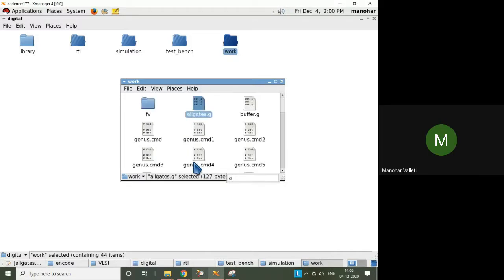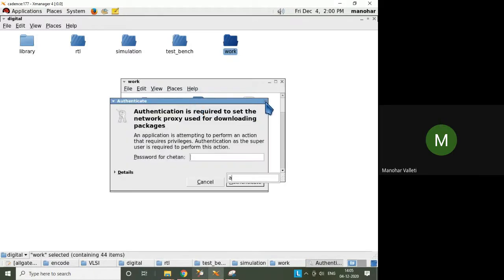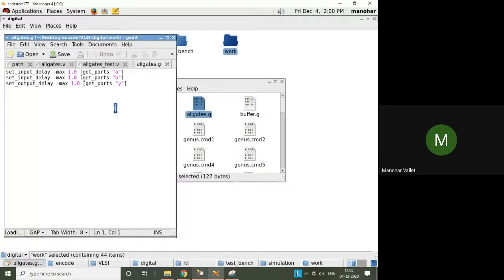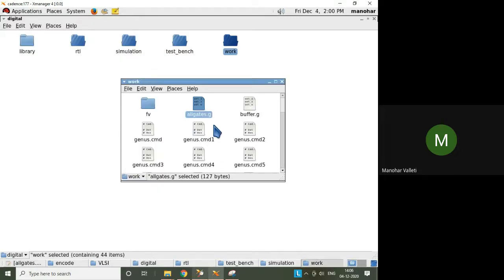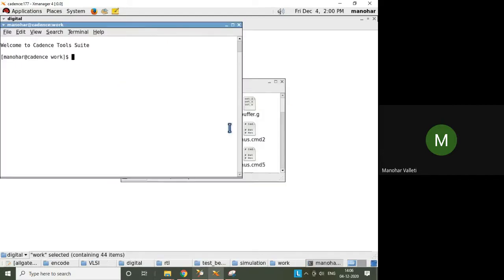I guess it's already created. Yeah. So here is the constraints file for all gates dot g. Even though Y is a vector, it is defined only as one. You see here, even though Y is a vector, if you define only one, that's not satisfied. So once you create the constraint file, you run from here, the terminal.